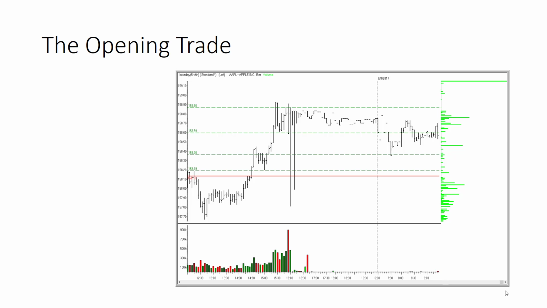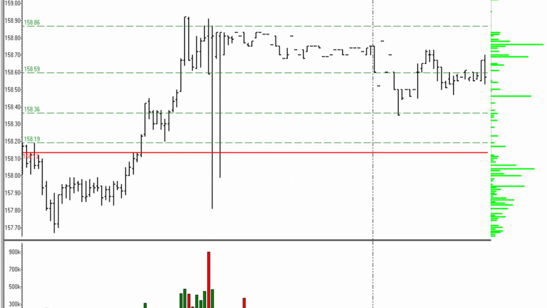So let's look at this opening trade and see if we can walk through the logic of how to apply that trading plan. First thing we do is check the pre-market data. So this is what you see on the screen here. Obviously that data from August 7th goes into the extended session, and the data from August 8th represents some pre-market trading that's going on before the 9:30 New York open. We're going to check the data and see where we're going to open in relation to the bands that we drew the night before. And here what we see is Apple's going to open at or below 158.60.